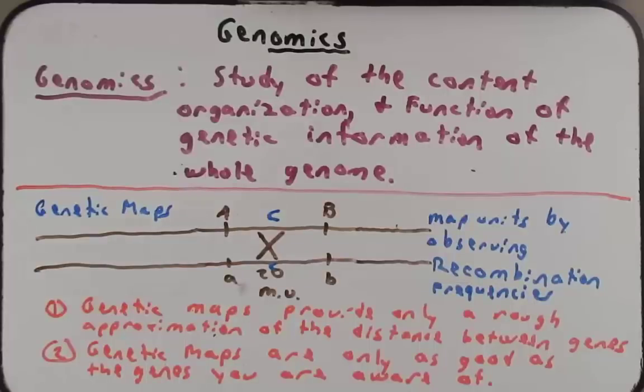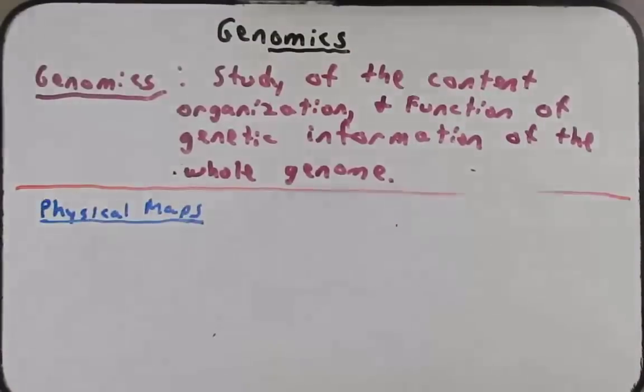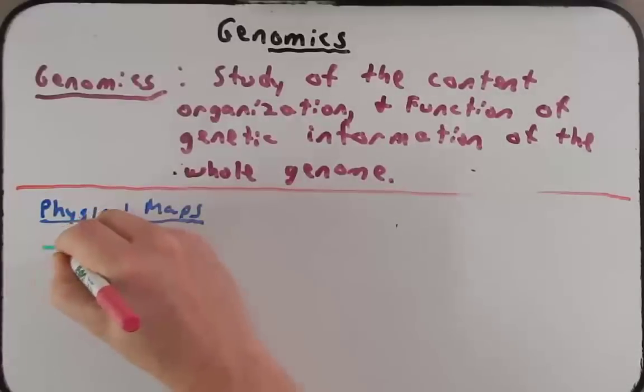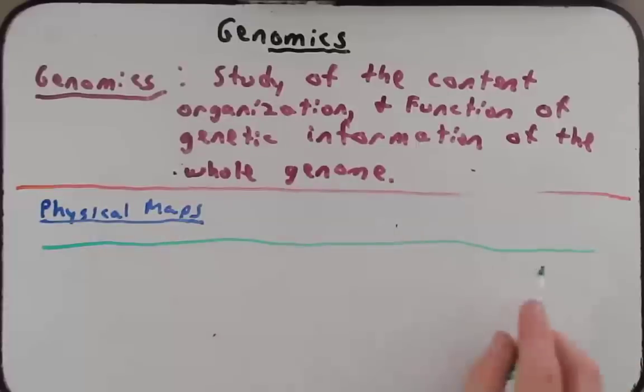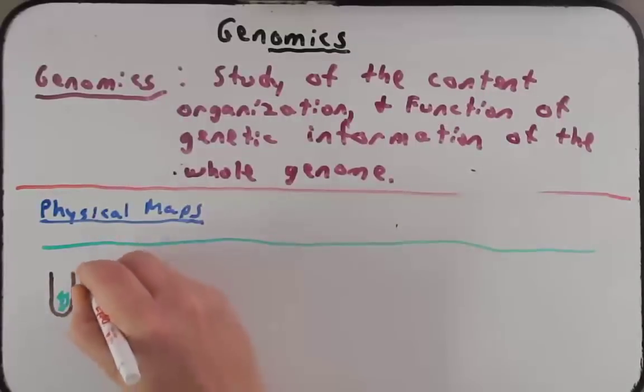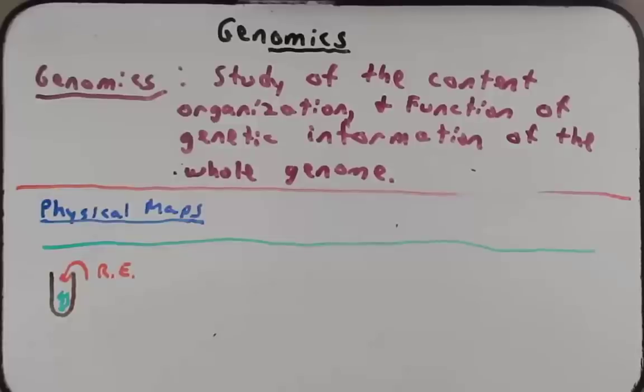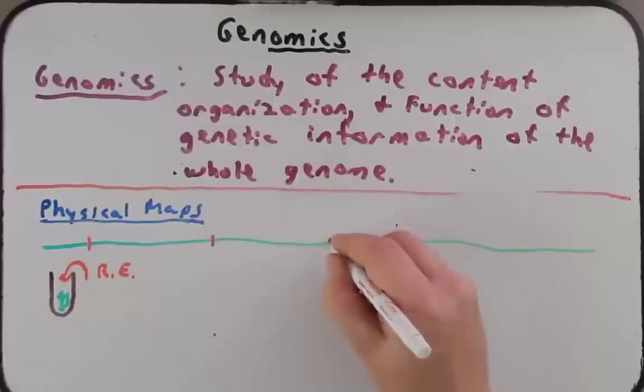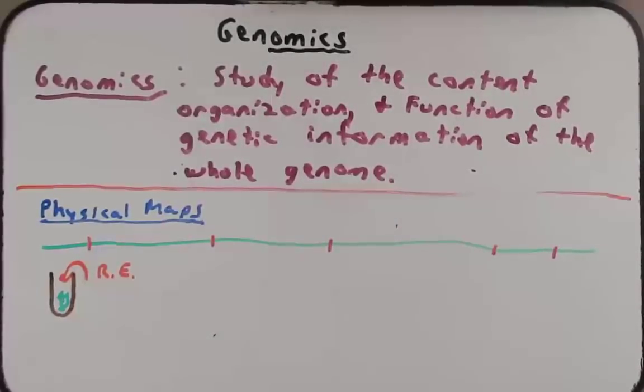After genetic maps, the next thing that came along were things called physical maps. I'm not going to go into great detail on physical maps, but I want to give a general idea of how they were used and what kind of information we got from them. So you may have a long piece of DNA here, but you can't really see it. But what you can do is put it in a tube, and in this tube we can add restriction enzymes. Restriction enzymes, remember, are sequence specific. So any given restriction enzyme may cut this long piece of DNA at different places. And maybe you put in other restriction enzymes that cut it at even different locations. And through a long and arduous process, as you're chopping the DNA up, you're getting different fragments of different sizes.